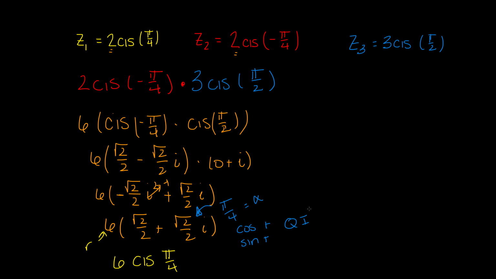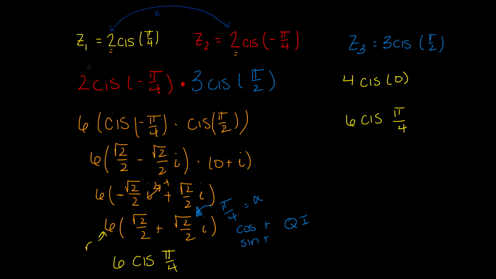Okay, I'm starting to see a pattern here, because when I multiplied the first two, we got 4 cis 0. And when I multiplied these two, we got 6 cis pi over 4. And the pattern I'm seeing here is I multiply these two coefficients,